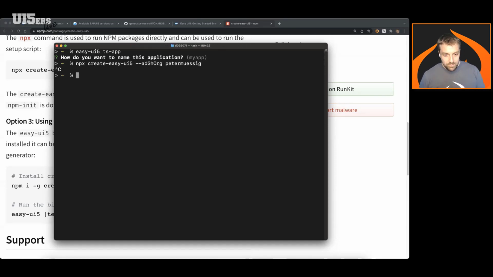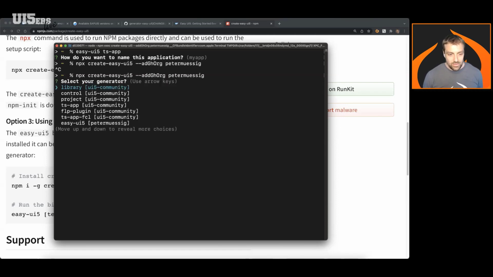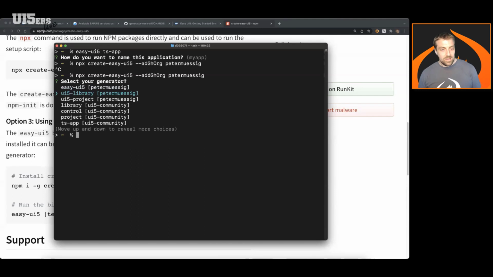And, typo. And now I should see the list of the standard templates of Easy-UI5 plus my own templates. Here you see it in the square brackets. And this is now really a convenient way as well, in addition to the Easy-UI5 generator, to get started even more easily with your UI5 application or library or whatever development projects.